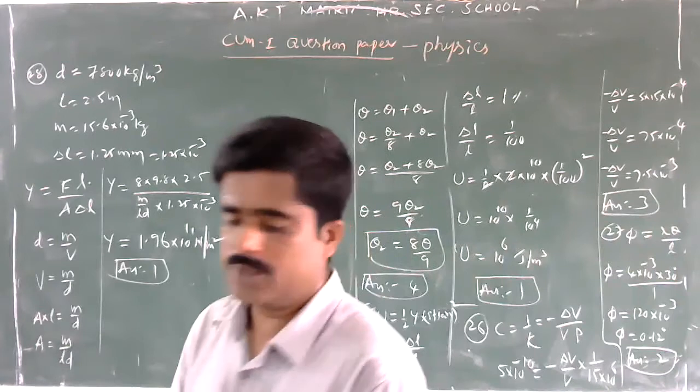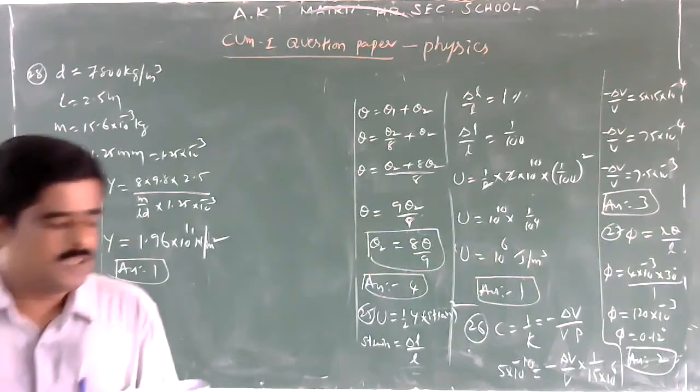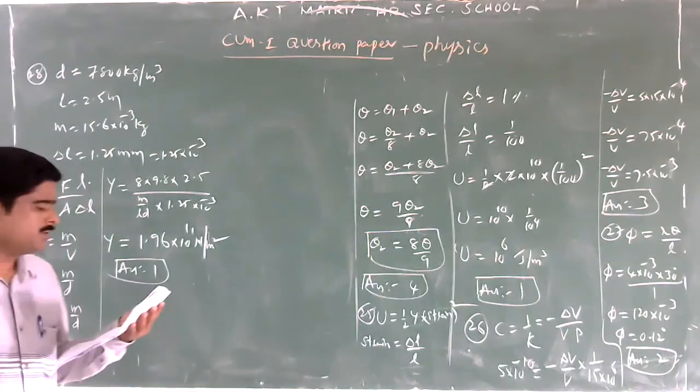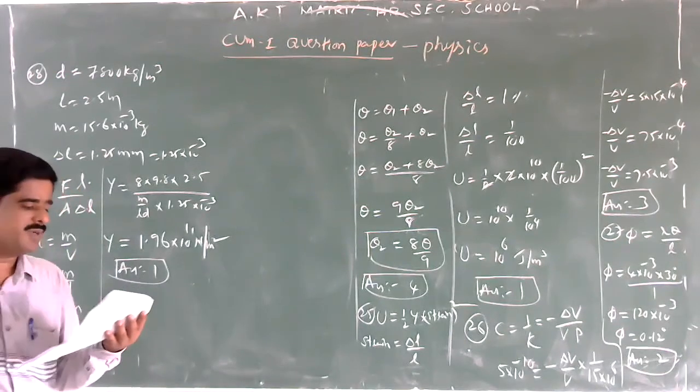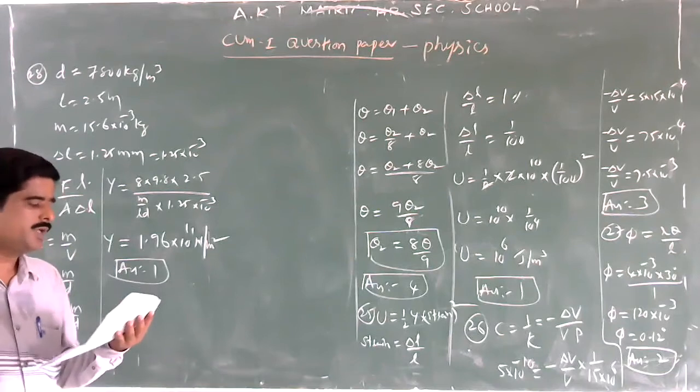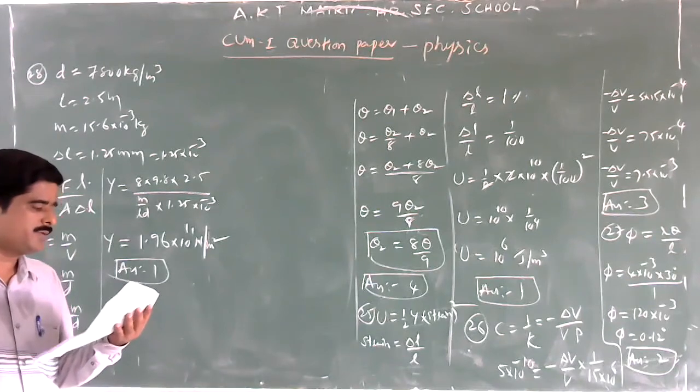Next question, 29. The volume of a solid rubber ball, when it is carried from the surface to the bottom of a 200 meter deep lake, decreases by 0.1%. The value of bulk modulus of elasticity for rubber will be. Here bulk